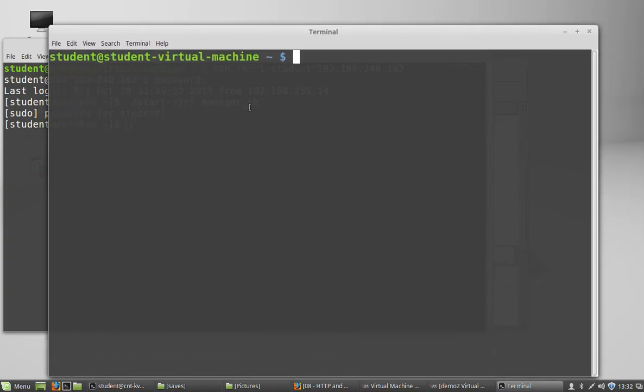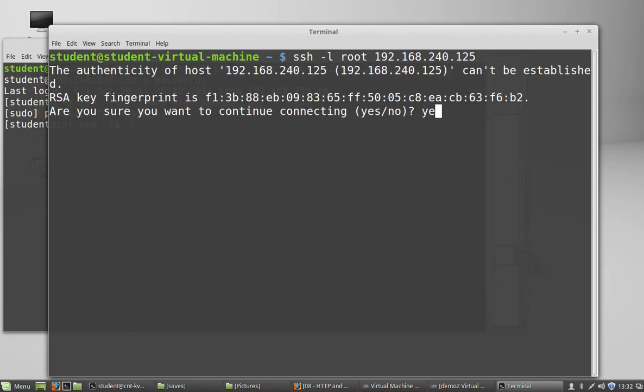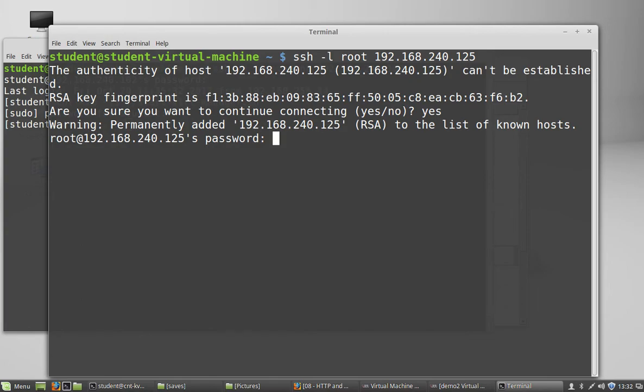So now that our system is up and we are connected to the VPN, we can SSH directly to it. I think my IP was 125. So there we go. So now I have installed the system and it's on the network, and since I'm on the VPN, I can